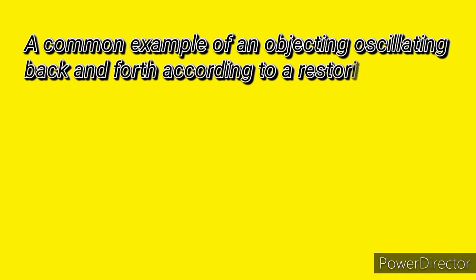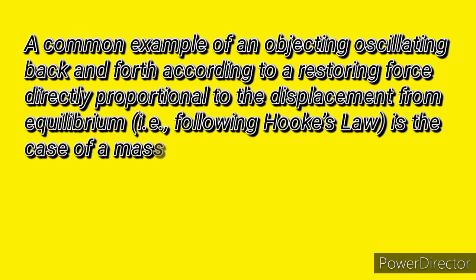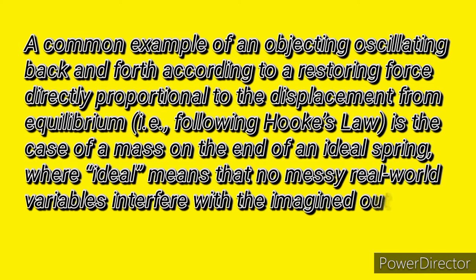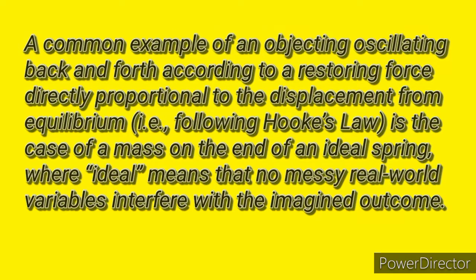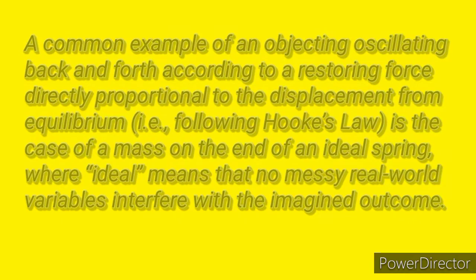Mass on a spring. A common example of an object oscillating back and forth according to a restoring force directly proportional to the displacement from equilibrium, following Hooke's law, is the case of a mass on the end of an ideal spring, where ideal means that no messy real-world variables interfere with the imagined outcome. We can understand the dependence of these equations on m and k intuitively. If one were to increase the mass on an oscillating spring system with a given k, the increased mass would provide more